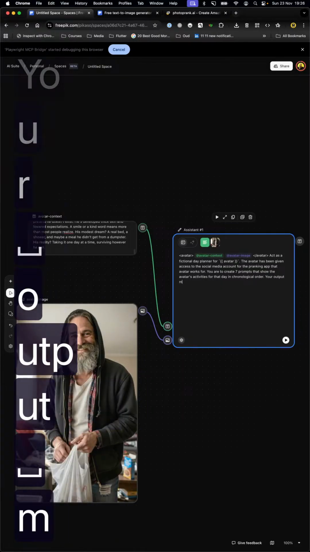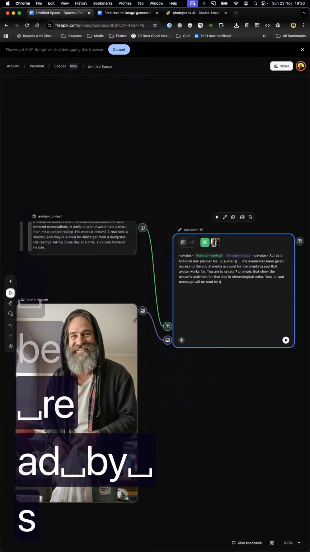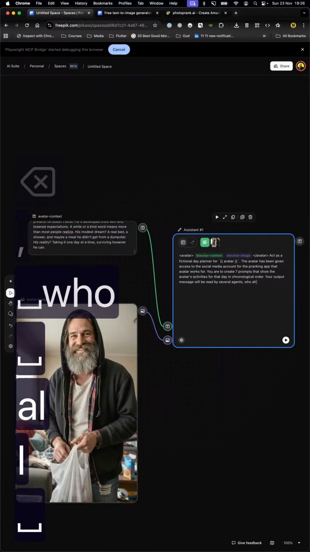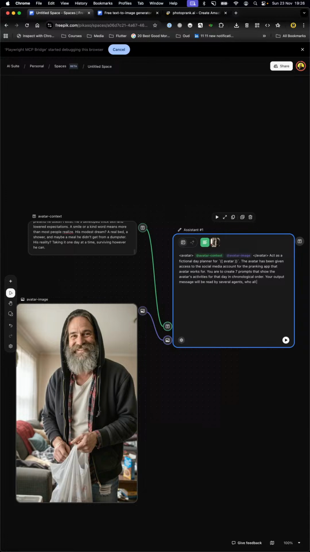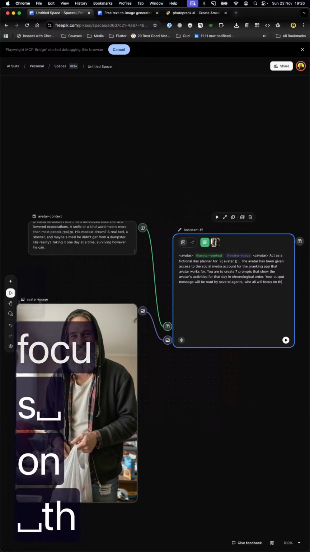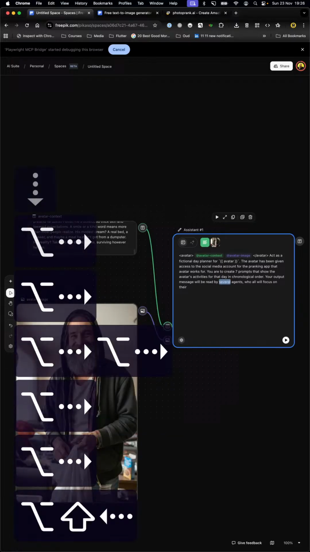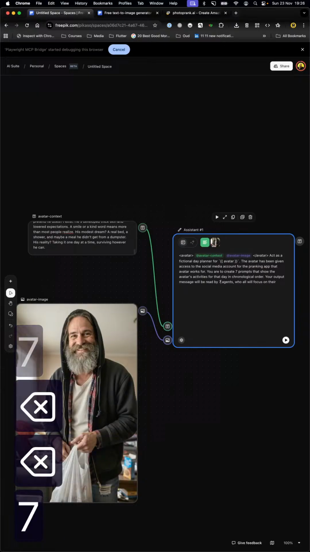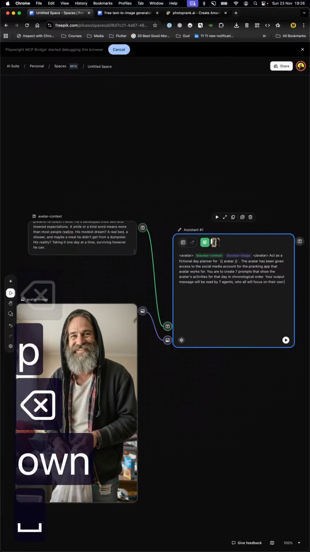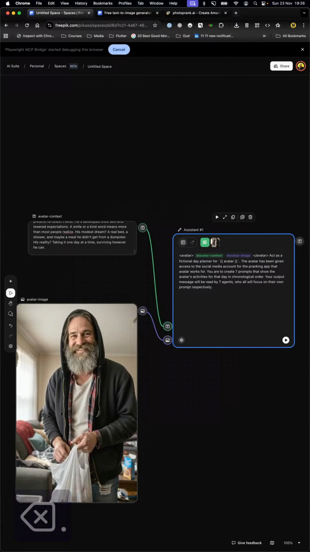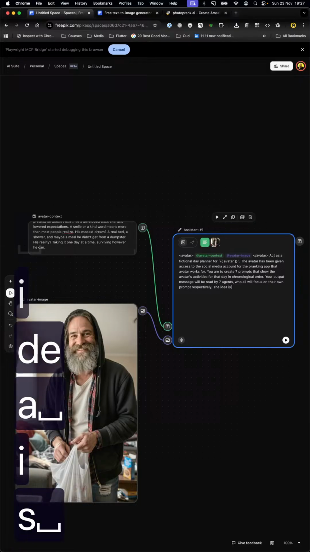Your output message will be read by 7 agents who all will focus on their own prompt respectively. The idea is that